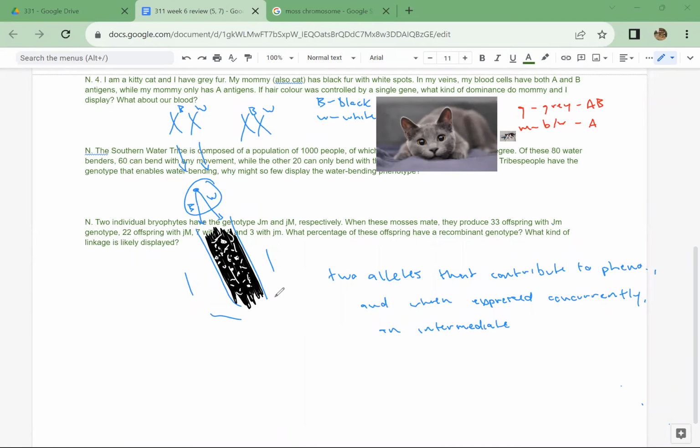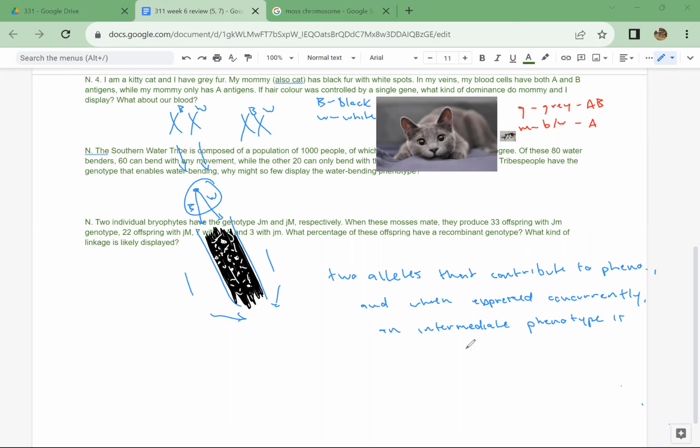And when they're both expressed, you get something in between black and white. So two alleles that contribute to the phenotype, and when they're expressed concurrently, an intermediate phenotype is